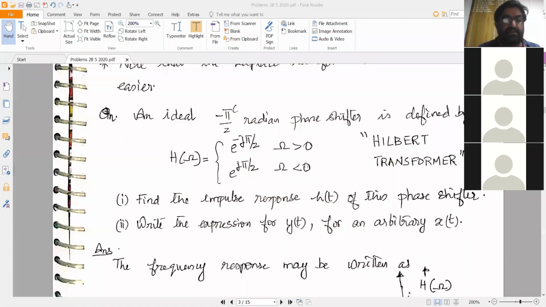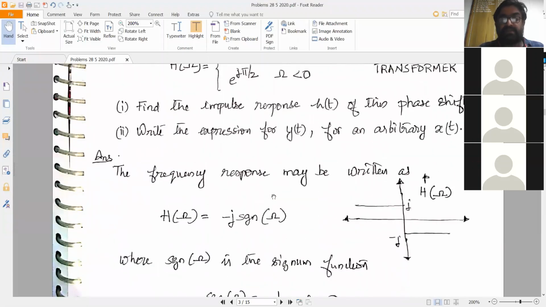As discussed earlier, we have already seen this kind of system in the third method for SSB generation, which employs a 90-degree phase shifter for all the frequencies. So all the baseband signal frequencies, or the modulating signal frequencies, are delayed by 90 degrees. That is how you get the demodulated signal. SSB generation, demodulation, etc., you have seen, right?